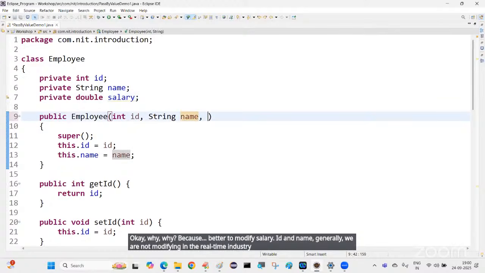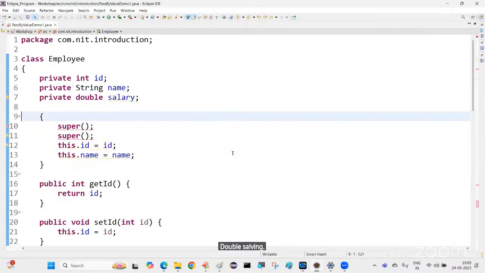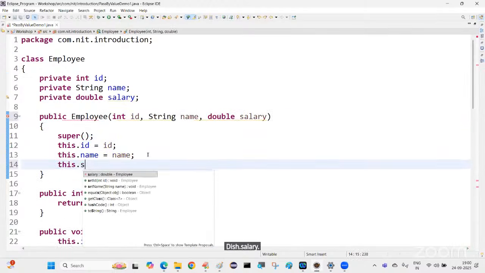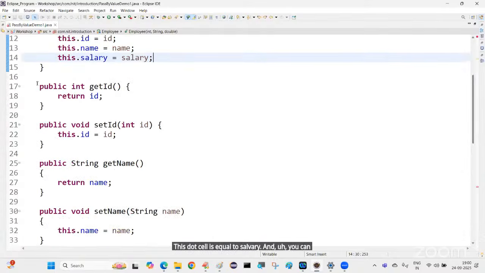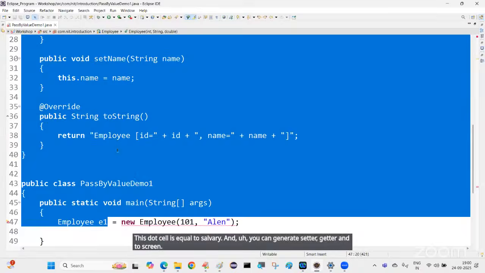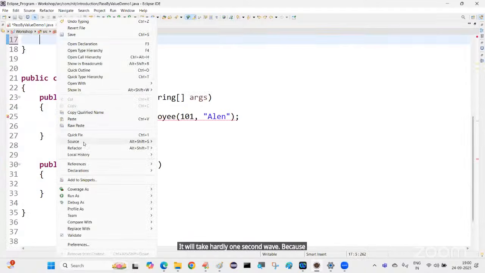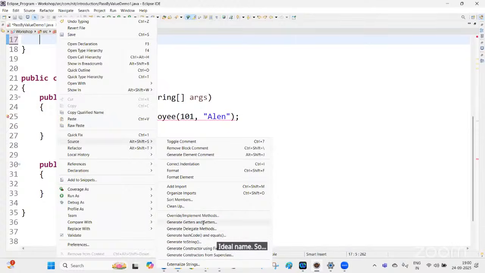So here, double salary, this.salary is equal to salary, and you can generate setter, getter, and toString. It will take hardly 1 second. Wait, because generally we are not going to modify ID and name. So setter and getter,